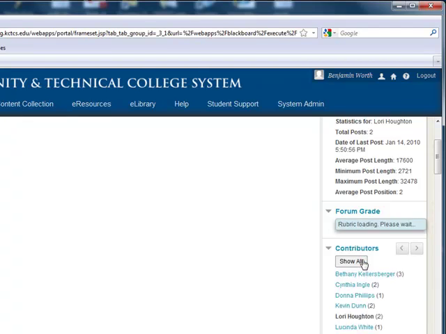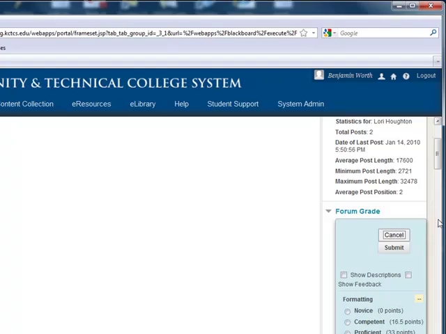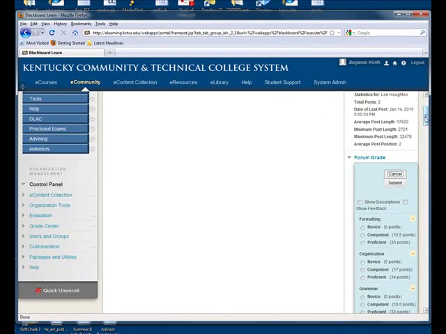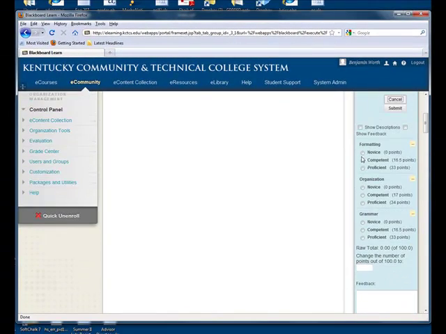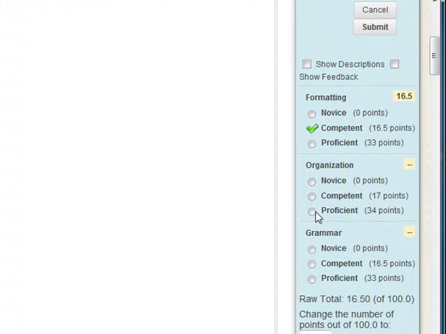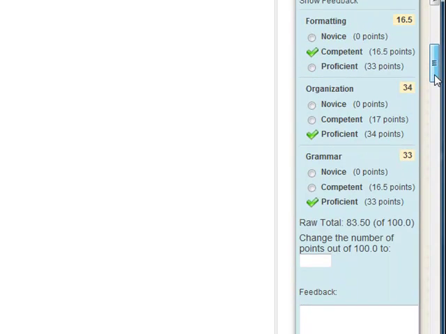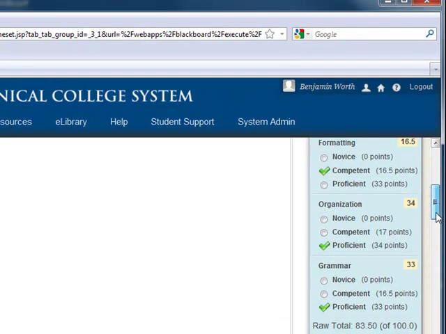But now by clicking Discussion Forum Rubric, aha, what do I have now? I have a way of clicking Formatting Competent, Organization Proficient, Grammar Proficient, and now she's got an 83 out of 100 points that I have added to this. And this makes the grading a whole lot easier, because what I get to do then